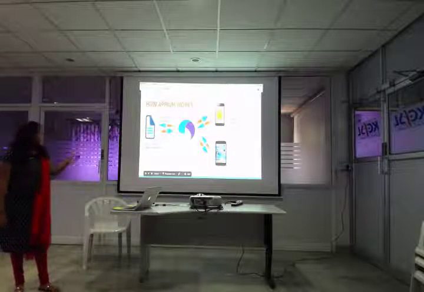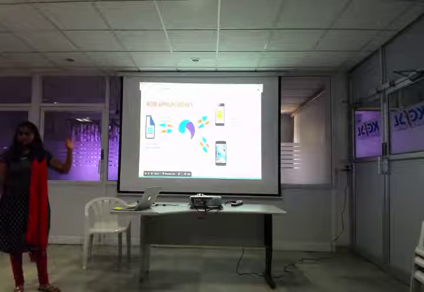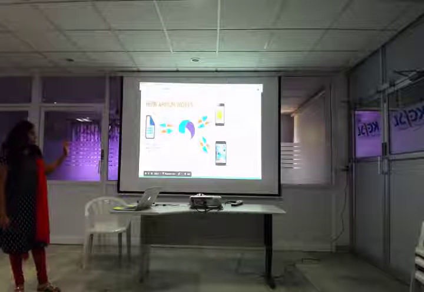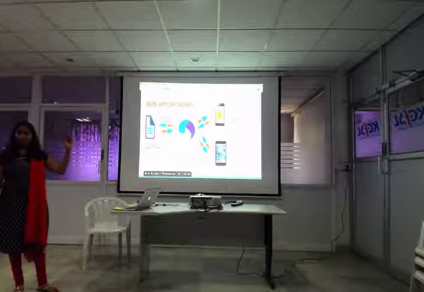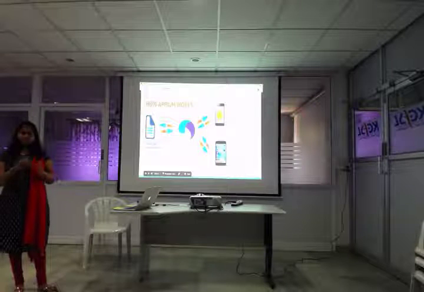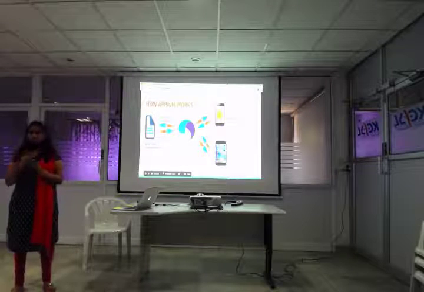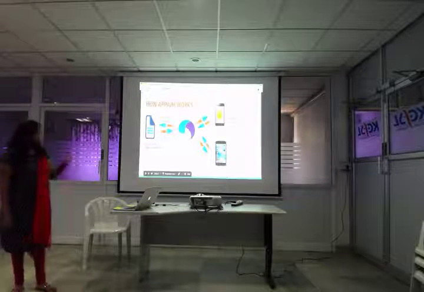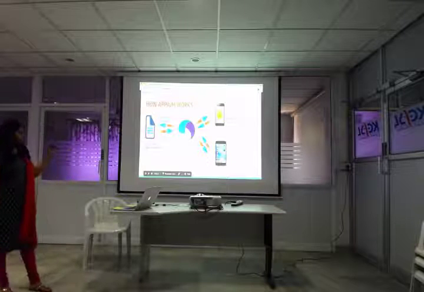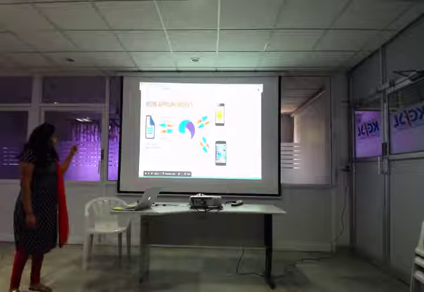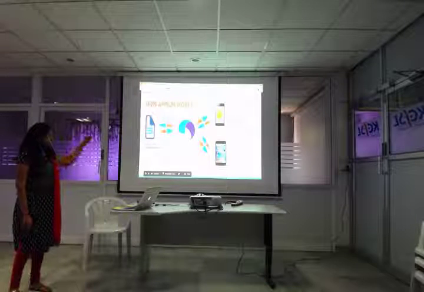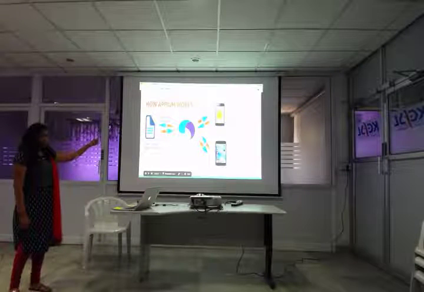Right. So Selenium uses your JSON wire protocol, and what Appium uses is your mobile JSON wire protocol. So it's nothing but your JSON wire protocol which conforms to mobile. And then, once your test script sends a command to your Appium server, you have to start your Appium server